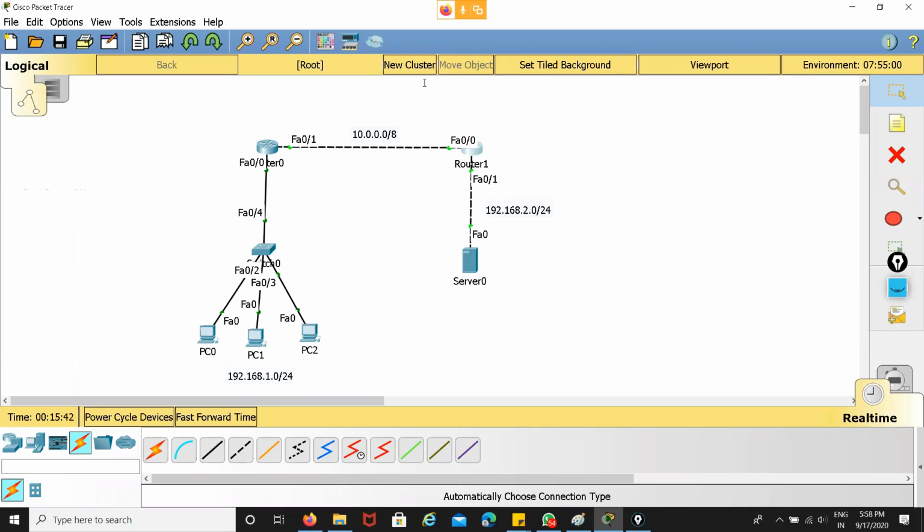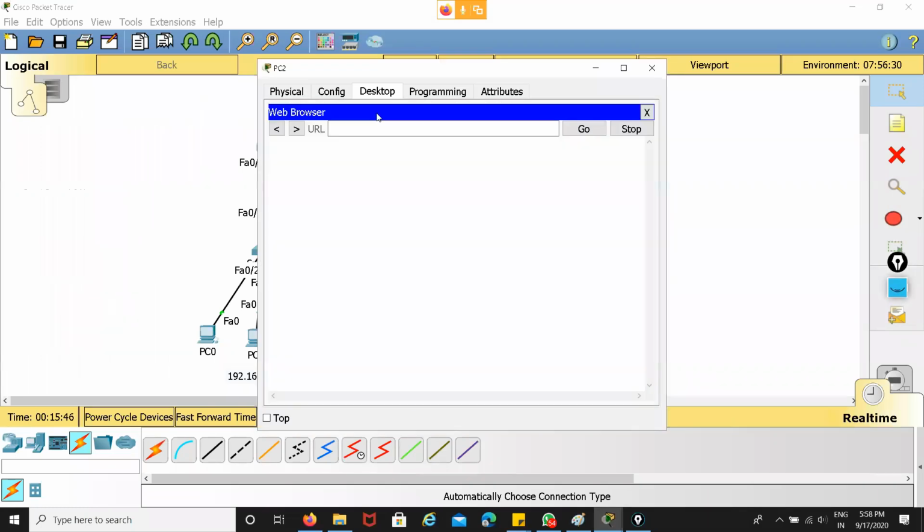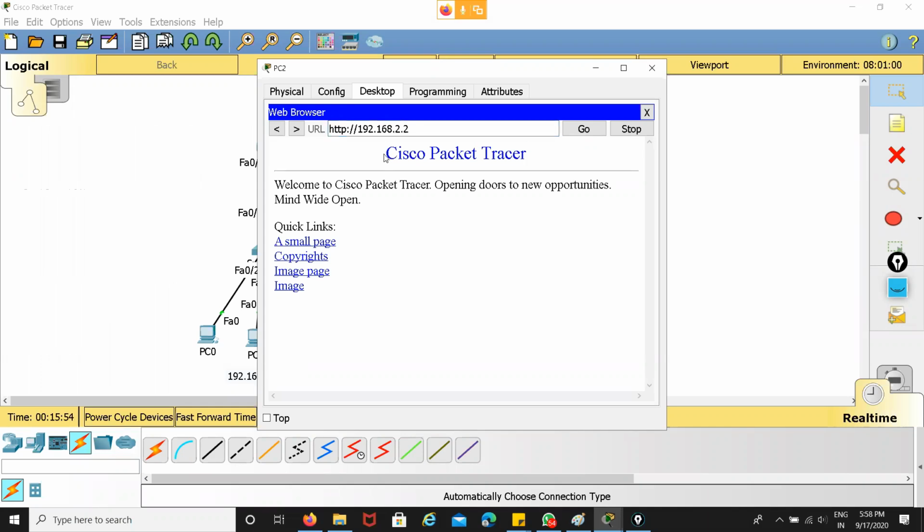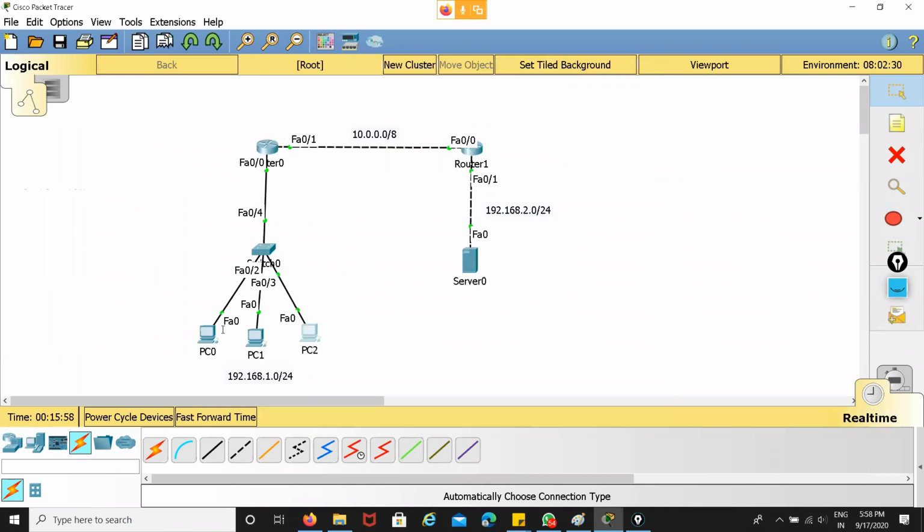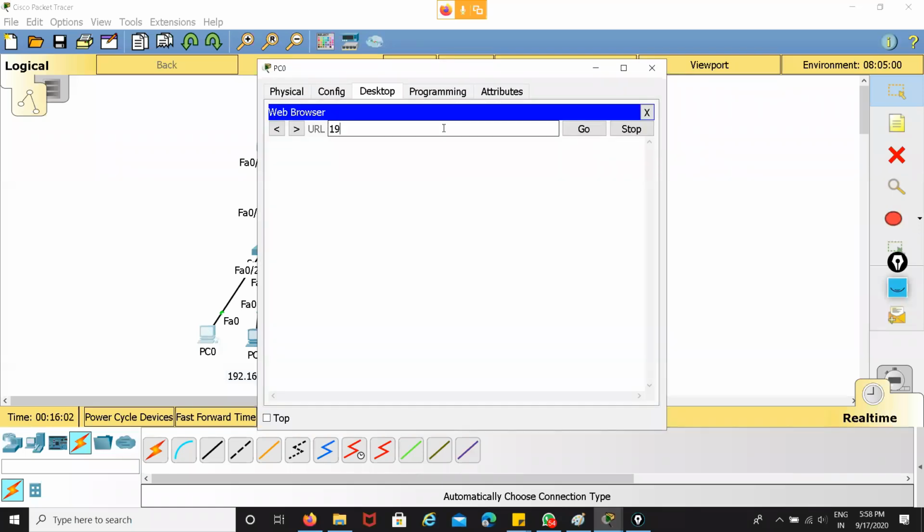So now you can see I simply allow that PC0 is able to access 192.168.2.2, to allow the packet to access the web server. But now you can see PC1 doesn't have the ability to access the web application or the web server.